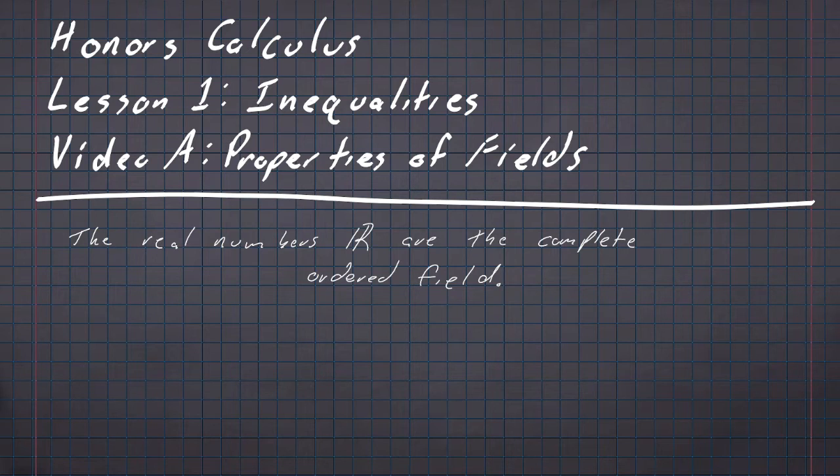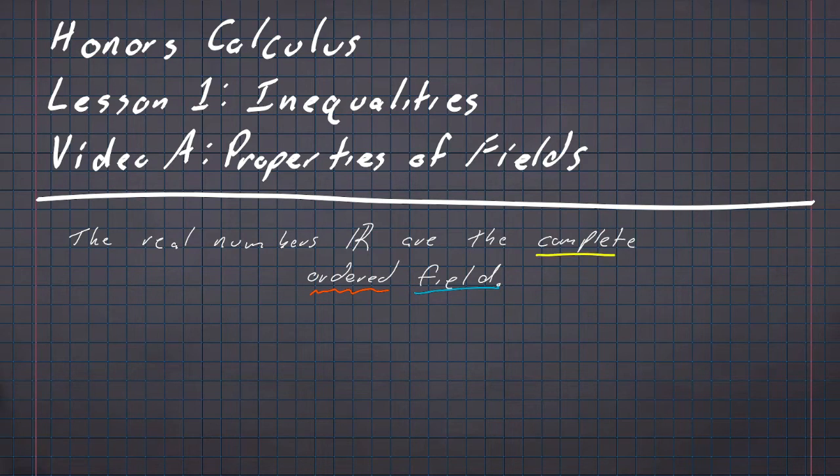Today, in this video, we're going to be looking at the idea of a field. Field is the generalization of the properties of numbers that you are already familiar with: commutative, associative, distributive, all of that fun stuff. In the next video, we will take a look at what it means for a field to be ordered, and then